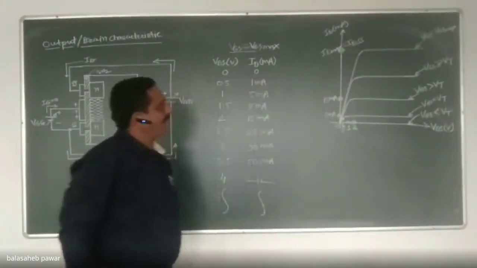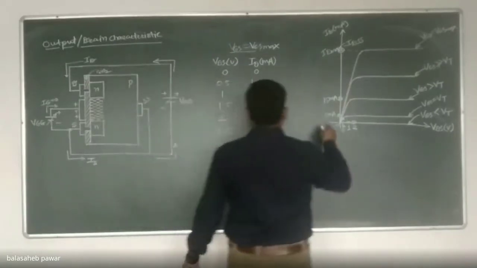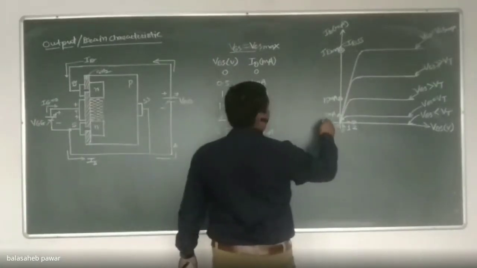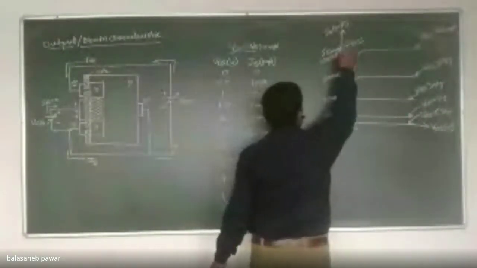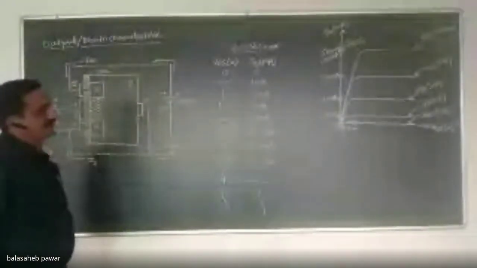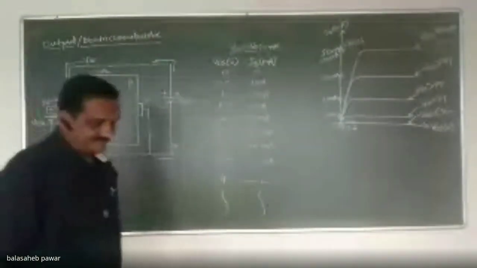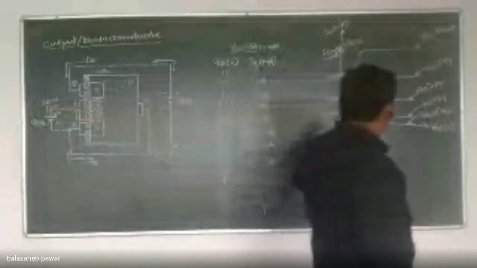So is it okay? This 15, then later how much we considered? I think it was 30. 30 milli. And then ID will be ID max if it is considered as 100 milliamperes. This is just consideration. Are you getting whatever I tried to show you? Is it okay or not? Or do you have any problem with this?